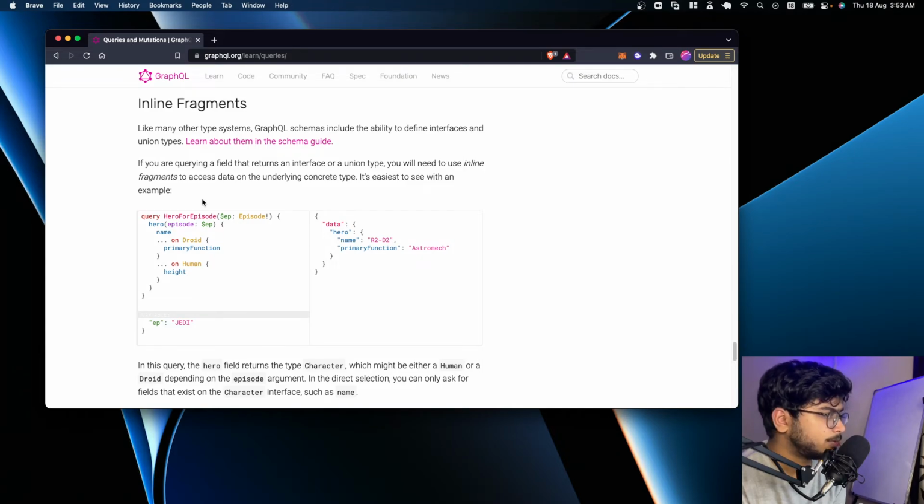I'm not really sure what happened here. So what we are doing, there's this inline fragments, right? If we are querying a field that returns an interface or union type, you will need to use inline fragment to access the data on the underlying concrete type. So if there's primary function,